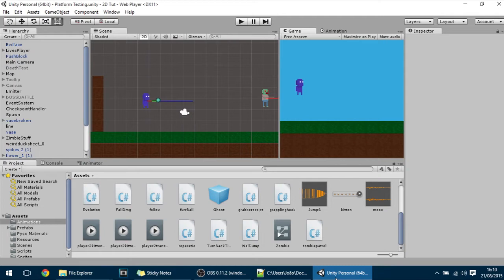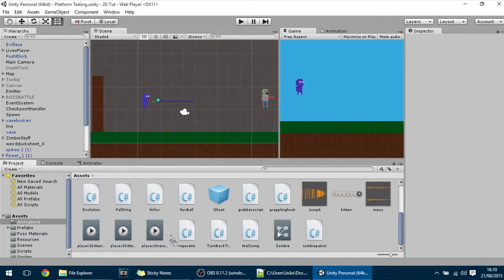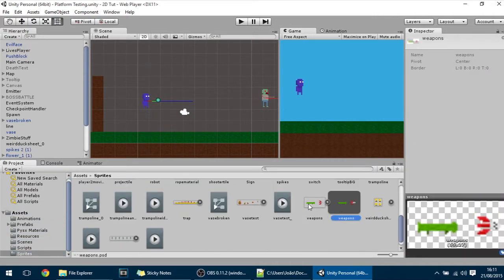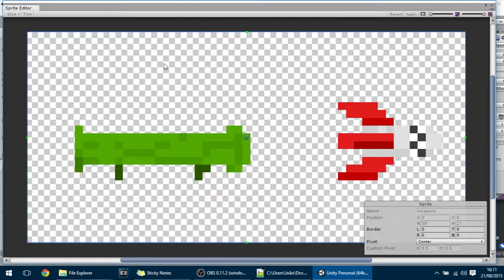Hello guys, in today's tutorial we're going to make some weapons, and I have here some weapons, a bazooka and a rocket. So let me do what we always do: point, sprite editor, and this time we want to slice them